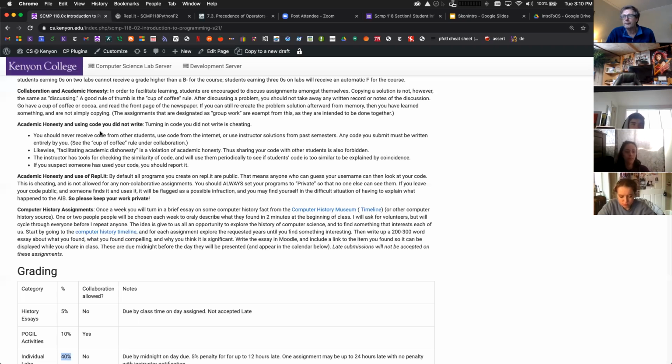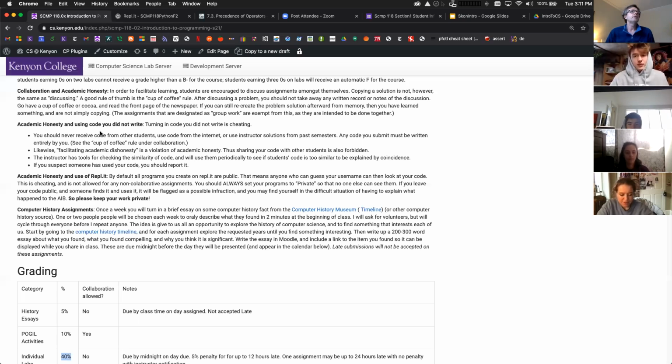And it's actually pretty easy for me to discover, right? I've been doing computer science for a long time. And when I see a program, it's like a fingerprint to me. I can look at one program and look at another and say, boy, that is too similar. In fact, I have a program I can run from Stanford that will actually find correlations between programs. And I've had to use it in the past when I've had groups of students who've decided to share code with each other. Please don't do that, because then you go to the AIB and it's really not a good thing to have happen, the Academic Infractions Board.